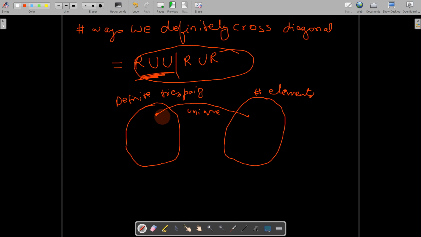I know that every trespassing element is uniquely, one to one, mapped with an element in this second set. So if I know the number of elements in this second set, which is easy to count, I know the number of elements in this definitely trespassing set as well. As there is a unique mapping, every element in this set has just one unique element in the other set. I will explain it in the end as well with an example.